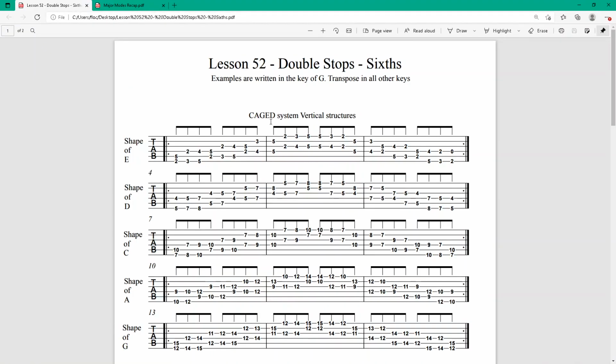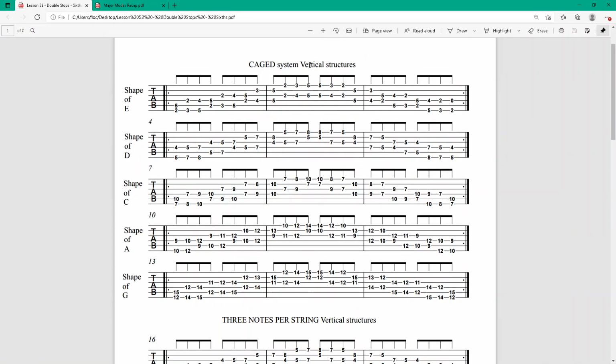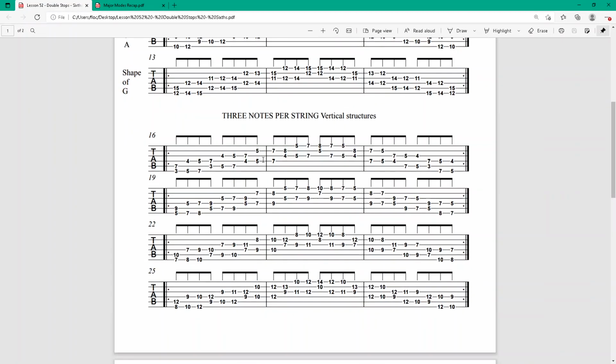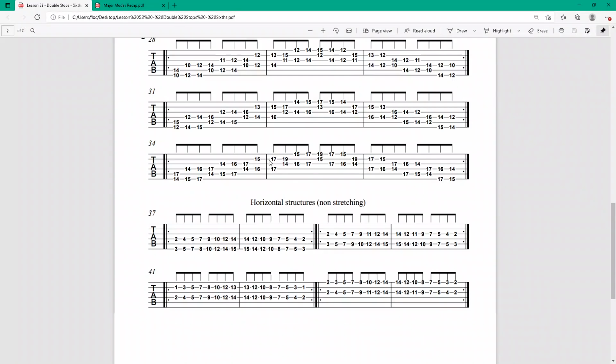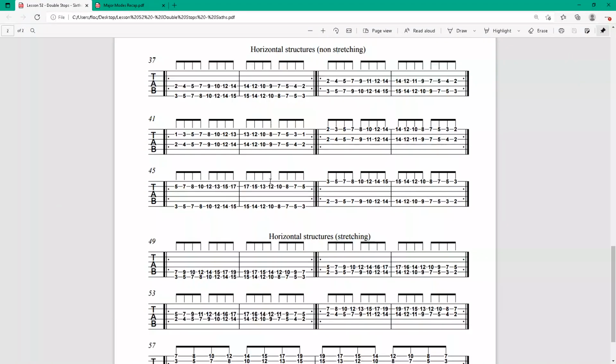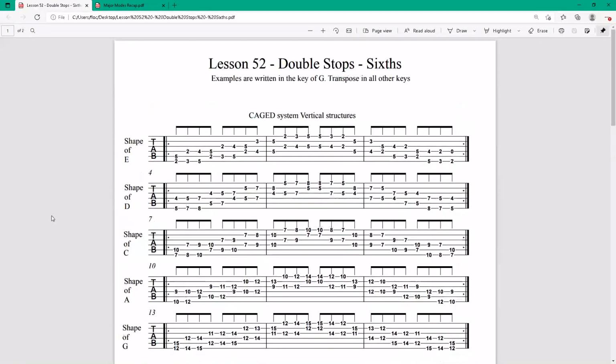And you have to apply the sixth intervals, apply it to the CAGED system, vertical stretcher, 3 notes per string, vertical stretcher, horizontal stretcher, no stretching, horizontal stretcher, stretching. What does that mean? Well, when we perform sixth intervals,